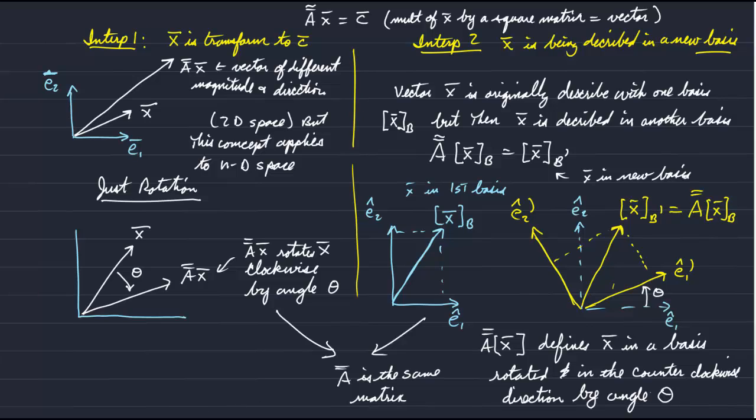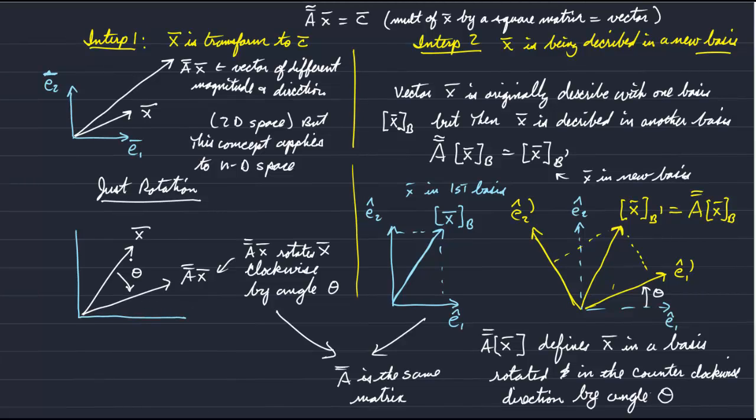So AX can be interpreted as a rotation of vector x by angle theta in the clockwise direction, or AX can represent the vector described in a rotated system, rotated by theta in the counterclockwise direction. And just to nail that concept home, you might be able to see that if we were to highlight